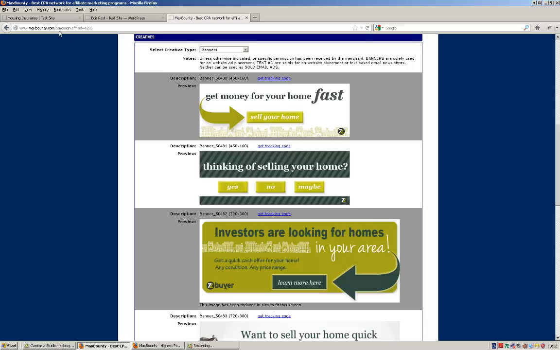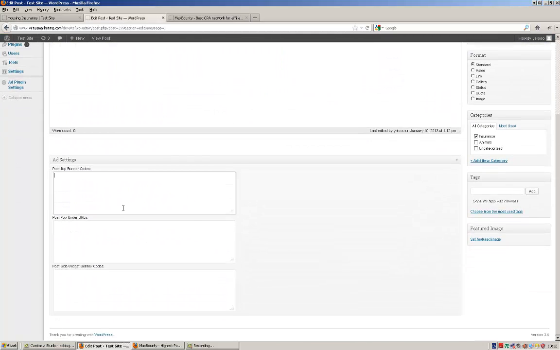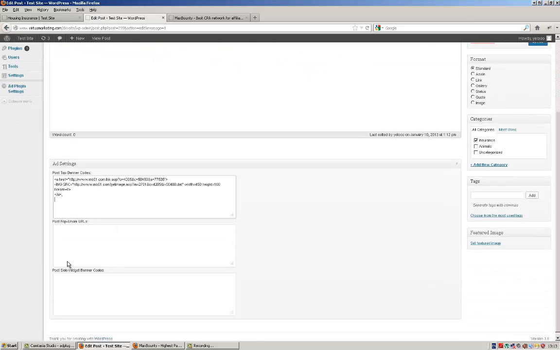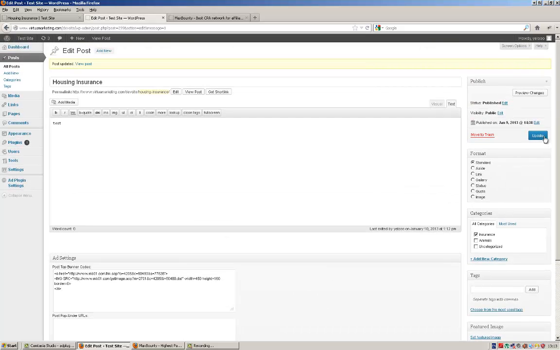Just grab that one there. And back at the insurance, housing insurance post, we'll put this real estate related advertising in here. And as I said before, these work exactly the same as the boxes I've shown you at the category and site levels. So I could comma separate several different banners here, and a random one would be picked each time, but for now I'll just put the one in, update it,